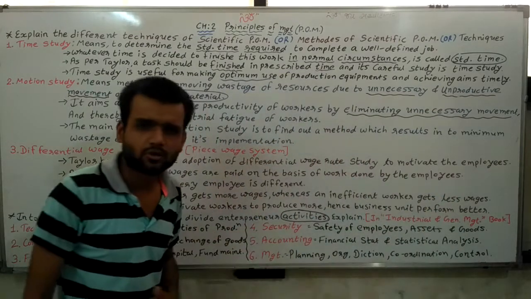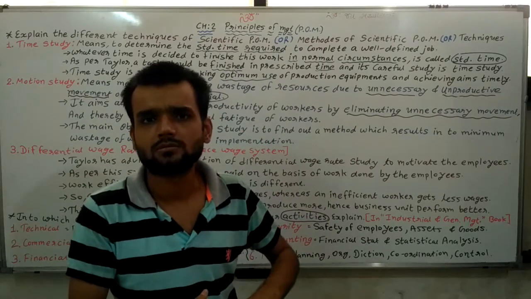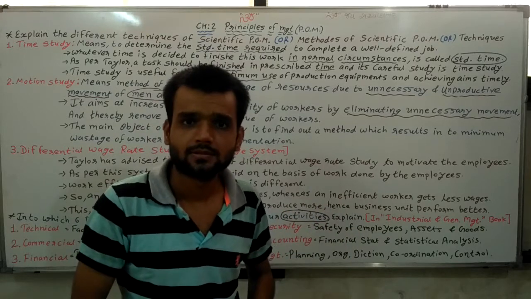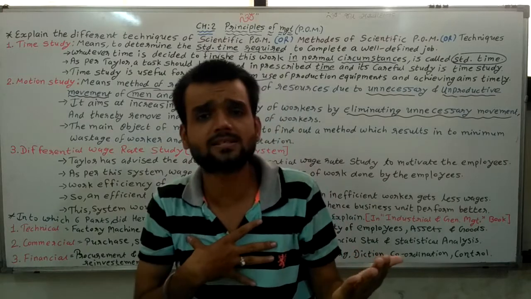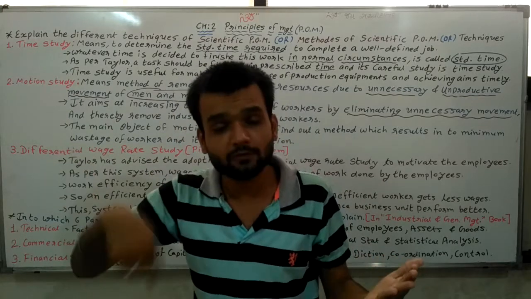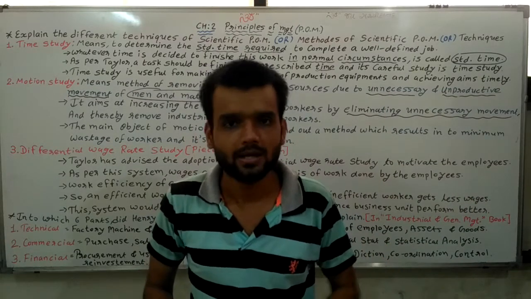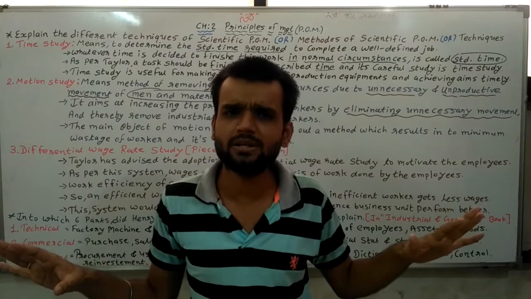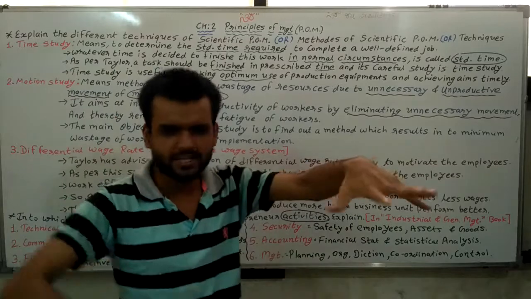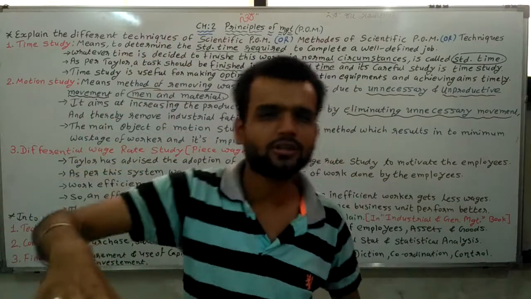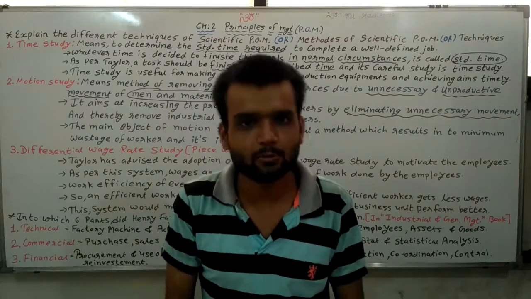Then what? Security. Security needs safety of goods, assets and employees. Maintain it. All things done, then make accounts, make financial statements so that we can understand profit. Make analysis so that we can understand where mistakes were made and what can be reduced. Simple. And at last, when all things are completed, then what? The last thing is management. Now manage it: planning, organizing, directing, coordination, controlling. In these six parts, activity is divided by Henri Fayol.